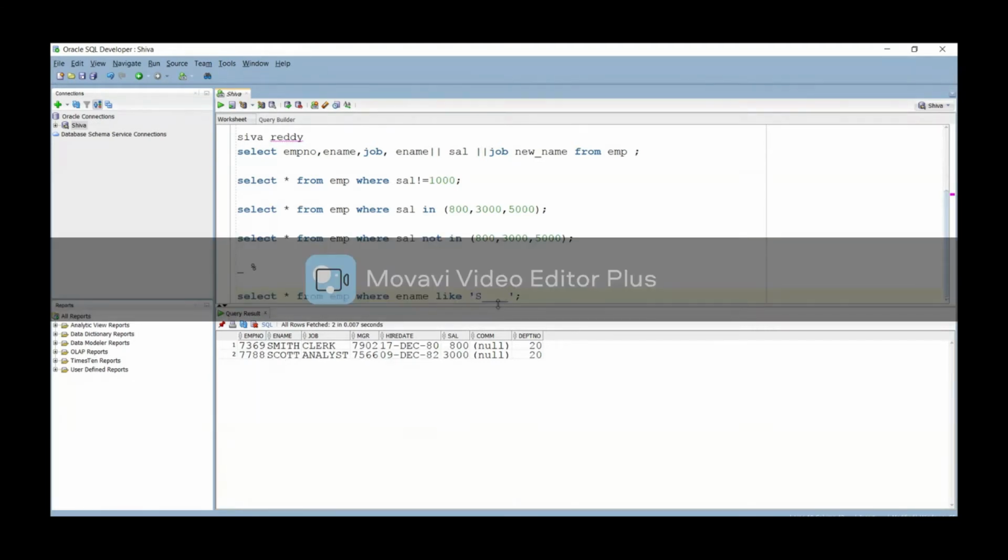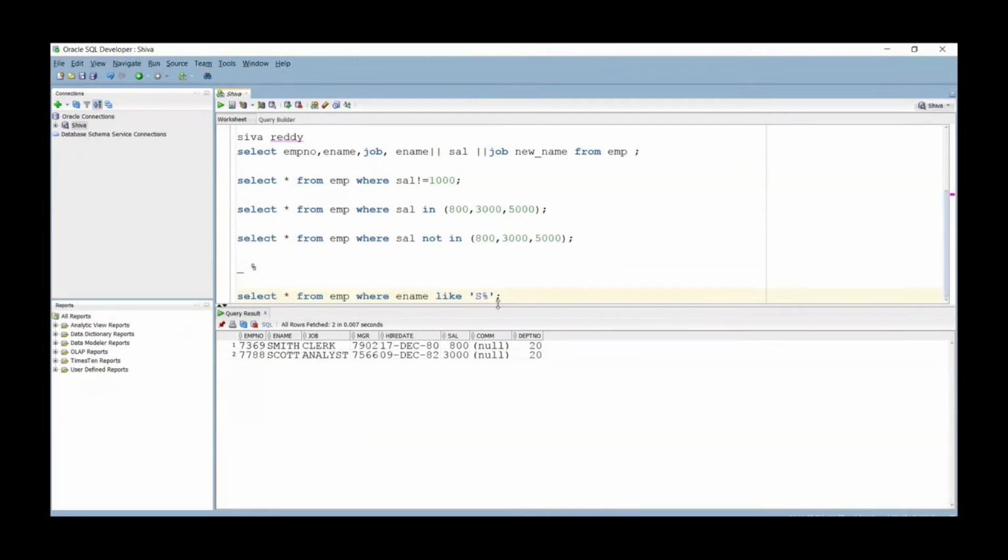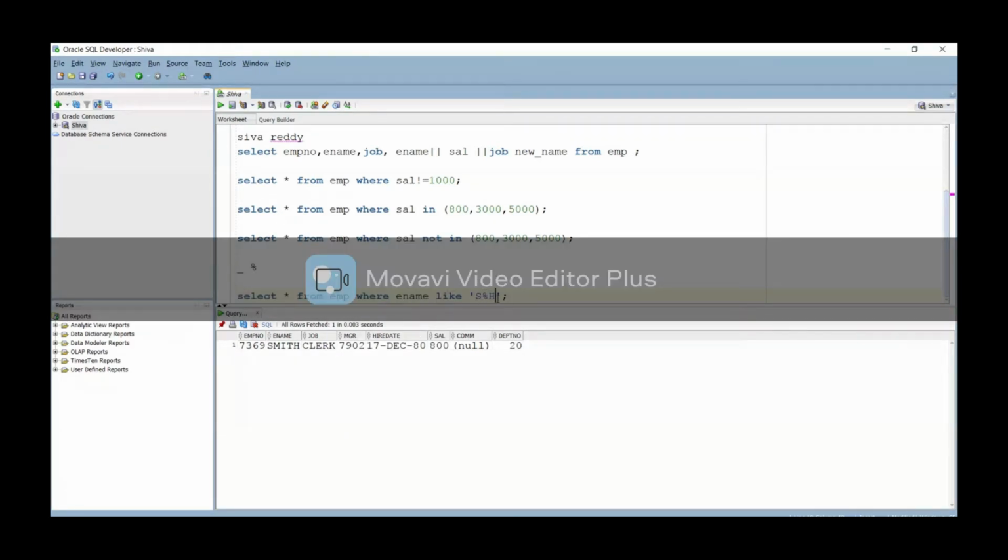So if you want to deal with names starting with S, percentage, ending with H, we need only these types of names. Starting letter should be S, ending letter should be H. In between, whatever characters I have, I don't care about that.